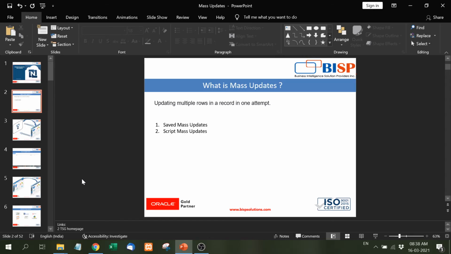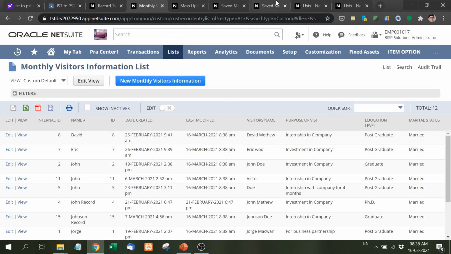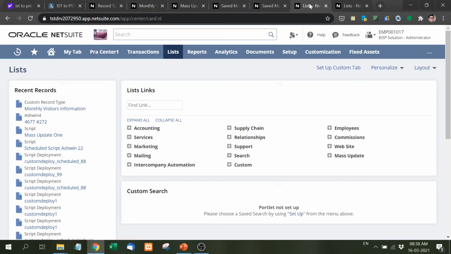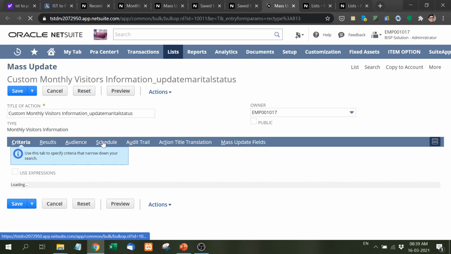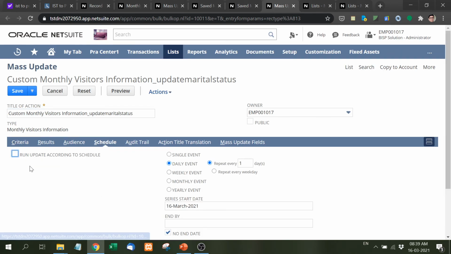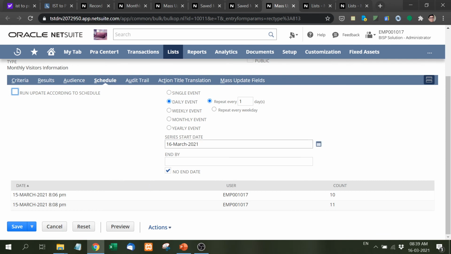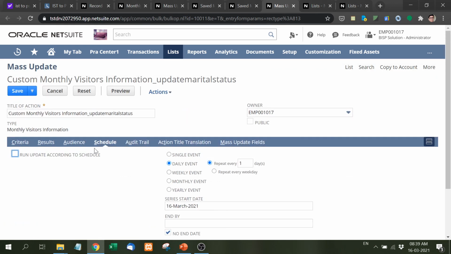And one more thing I would like to show you, suppose here it comes here, if you come here, yeah, we can do it with the help of scheduling also, we can schedule it also. Suppose I want this activity to happen on a certain date, so in that case right now it is a single event, but if you want to execute this query on a certain date, for example every Sunday, or on a given date, in that also you can schedule it with the help of the scheduler.